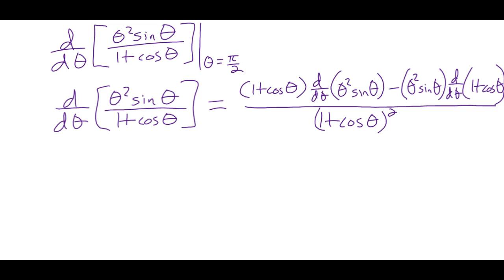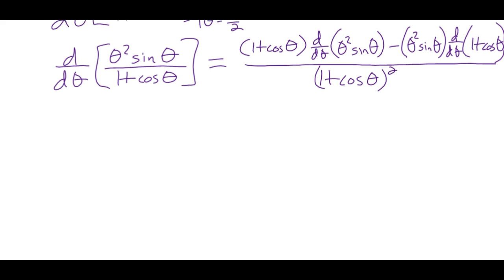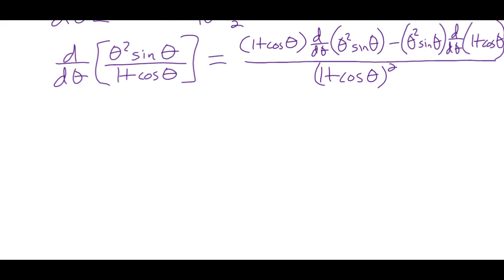You could just go to the next line, right? You could just actually do the derivative of the theta squared sine theta. Just scooch this up a smidge. And I'm just going to shift left a little bit because there's lots of stuff to write. So it's 1 plus cos theta. Now this derivative is a product rule, which we're really familiar with now, and besides we just did one where we got explicit on it, so we'll just do this. So it's theta squared times the derivative of sine theta, which is cos theta,